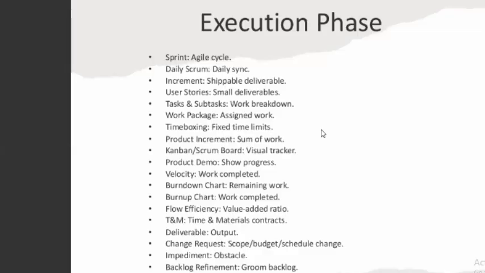Then the burn up chart. As we continue to burn down the chart, decreasing what is left undone, the burn up chart will continue to increase to show, oh, this is what we have completed. This is what we have achieved. So as you continue to work, your objective would be to burn down the remaining work items, showing that they are decreasing, and to ensure that what you have worked on is increasing as well.